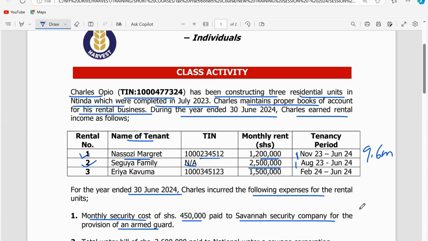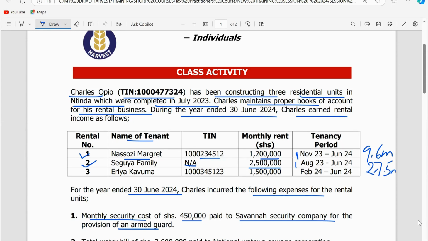Okay, now let us get 11 times 2.5. How much rent is that? Eleven times 2.5. That is 27.5 million. So it means that Charles has derived